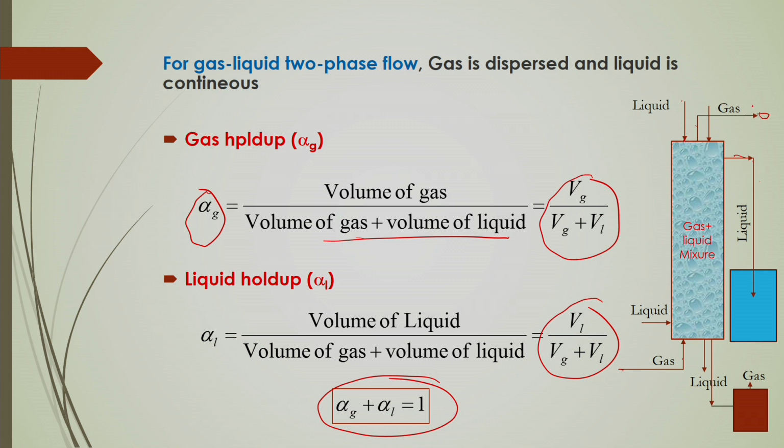whereas in the downflow system the liquid will be coming in from the top and gas is also coming in from the top. So, that will be co-current from the top to bottom. So, this is called downward movement of the gas flow and liquid flow. So, this is called the downflow system. So, in this case how will you measure the gas hold up?